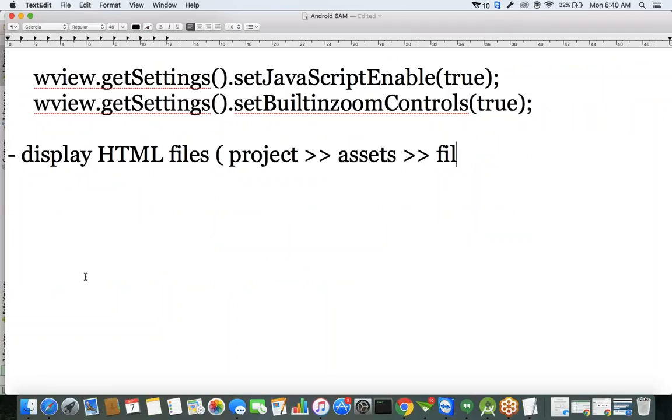In this assets folder, let's place the HTML file. Whatever HTML file you want to display, let's place that HTML file in the assets folder. In which folder? In the assets folder. Okay, so in our project, if you want to display that HTML file,